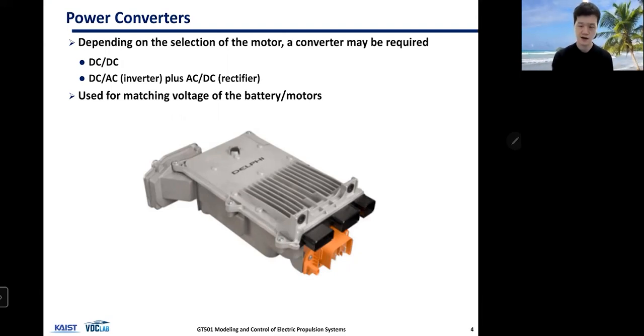For instance, you may have a high voltage battery or low voltage battery, and then you may have motors that need high voltage with AC signal. Then you need to convert your constant DC